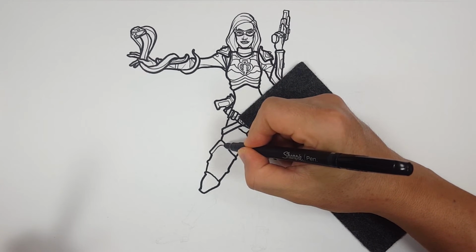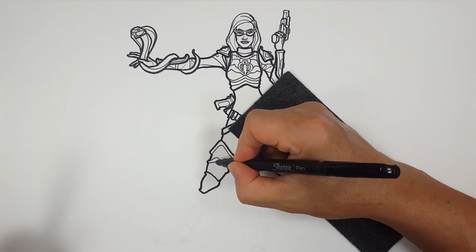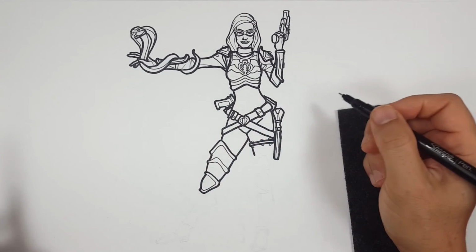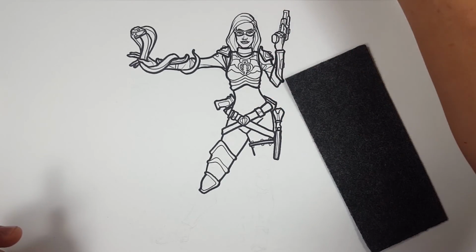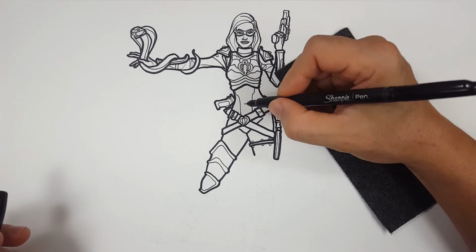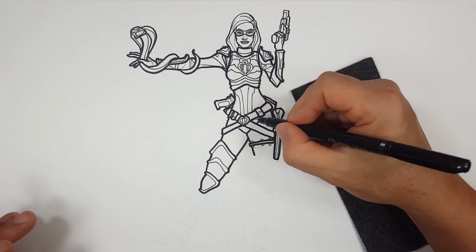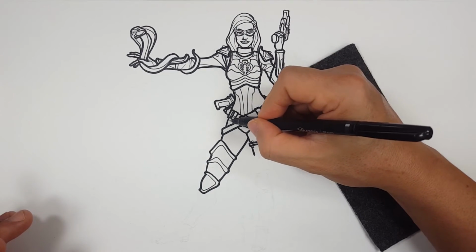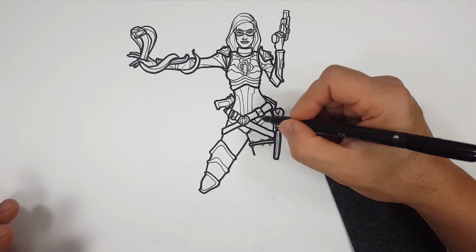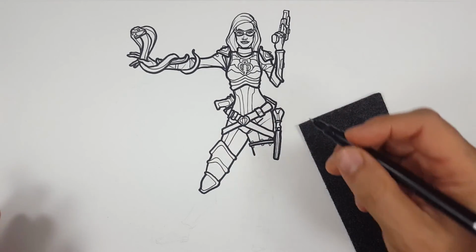Come up here and do like that. Come up here, come down. Again, just kind of connect them. Same thing here. So it's got like this raised edge, basically, is what we're drawing. Her suit does have, let's see if I can do this, a little bit of detail like this, just to break it up, just to make it a little more, you know, spaced out. Back that way. And it looks like same thing, there's more detail coming down like this, just to break up the